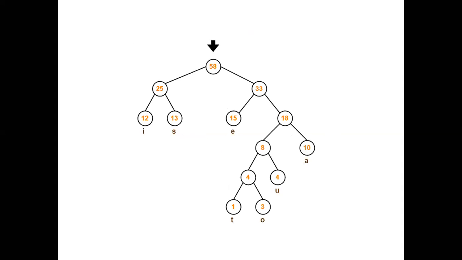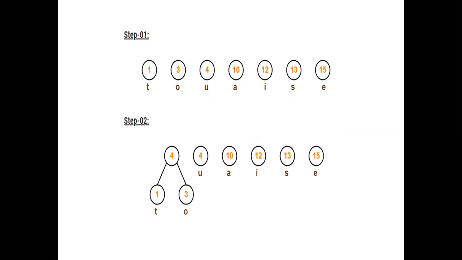So this is how your Huffman tree looks. This is the way your Huffman tree will look like. Now your tree is ready. Now you have to code. Now you have to start allocating the bits to each and every character, because our ultimate goal is to assign the bits to each and every character. Done? So now we will see how we are going to start the process of assigning the bits.